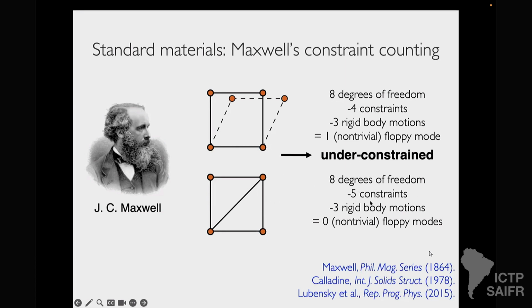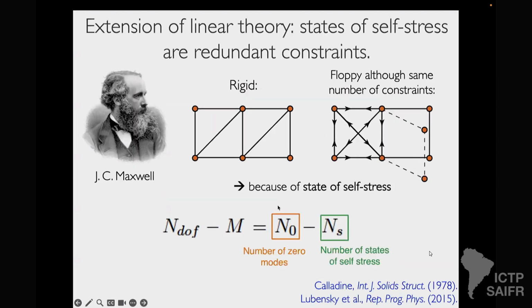And then I add 1 more constraint, so now I have 5 constraints, and therefore I should have no more floppy modes, and yes, that works. This works well. This is how we engineer things, right? Okay, so there's a little bit of a small extension, but it's pretty obvious, which is that now if I